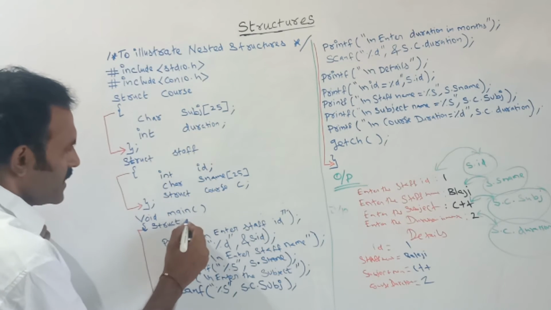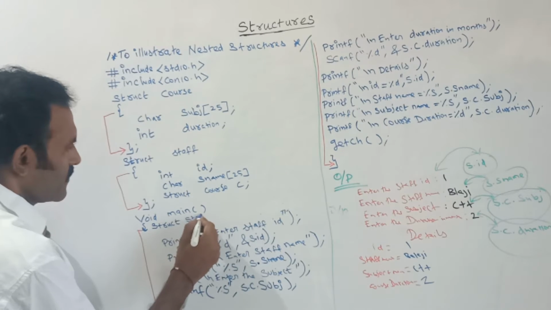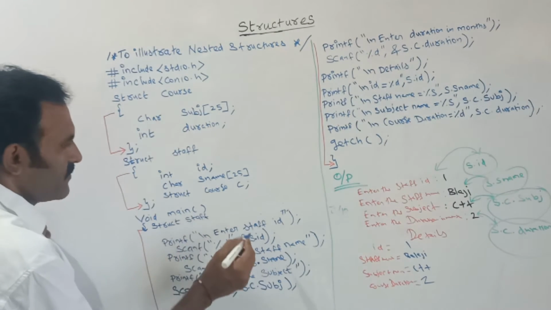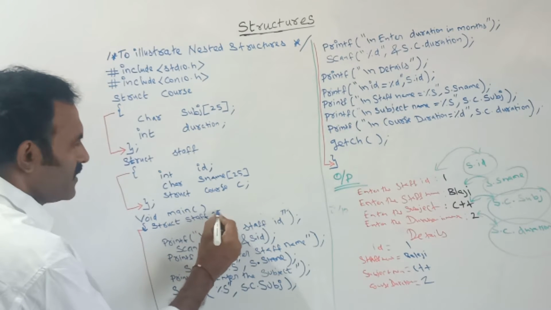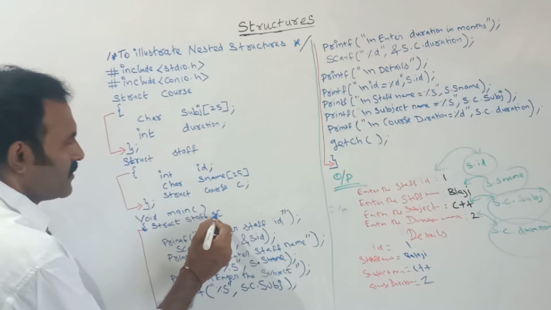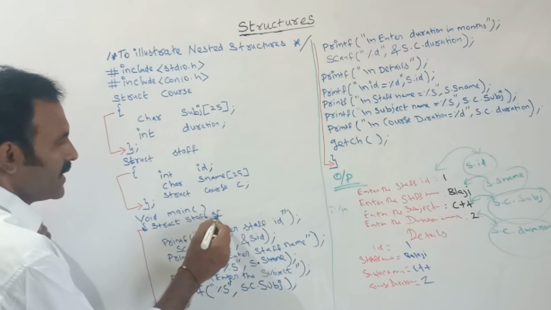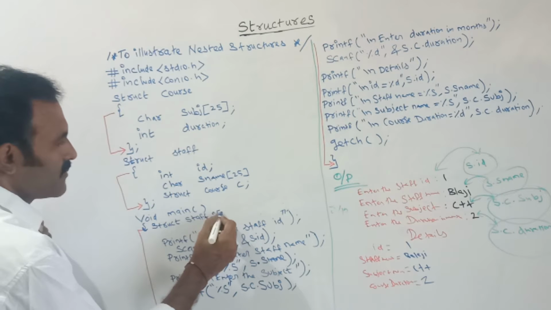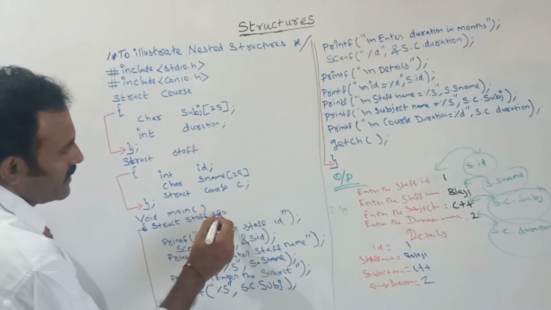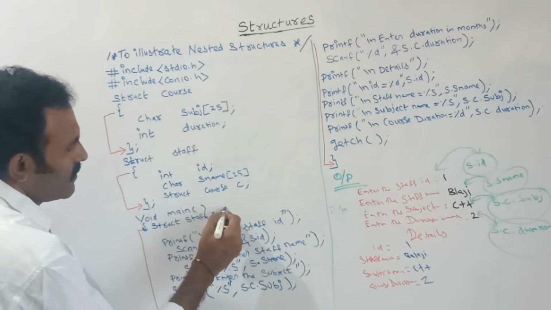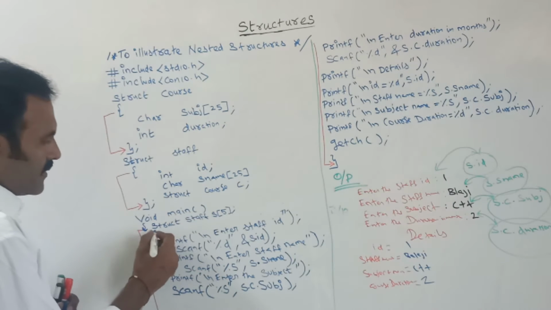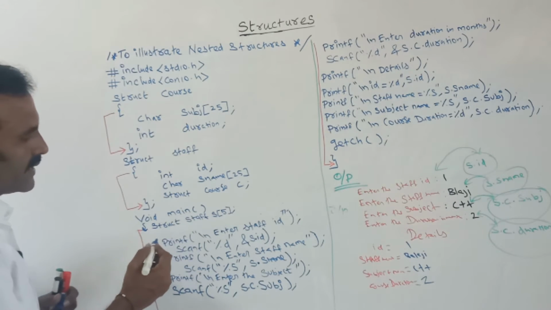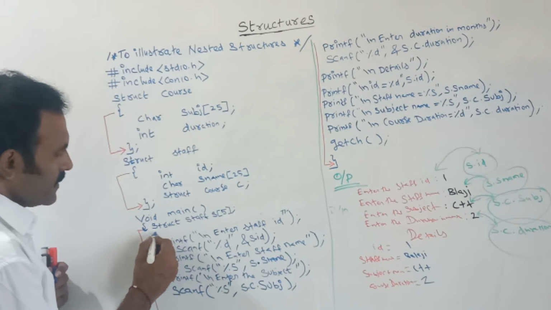Next, the structure name is staff. For this staff I have declared the structure variable as s. If we want an array of records, if we want to store more than one record, then we should use an array here. For this subscript value, suppose I give 5, then I can store up to 5 records. Next, here I should use the for loop. With the help of this for loop we can store multiple records.